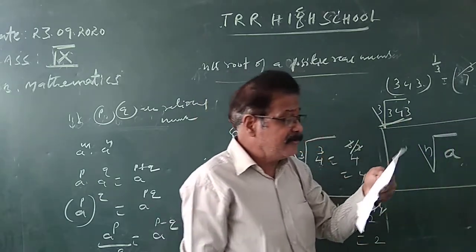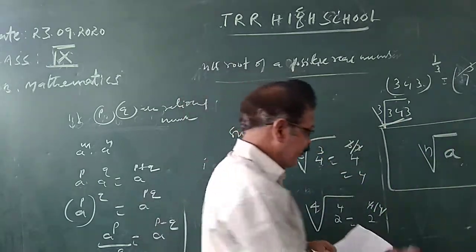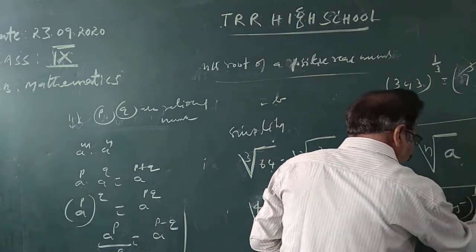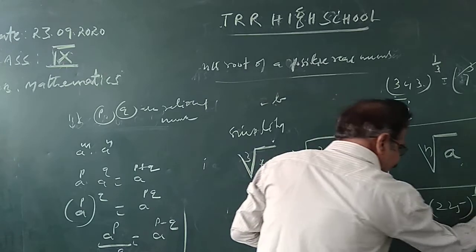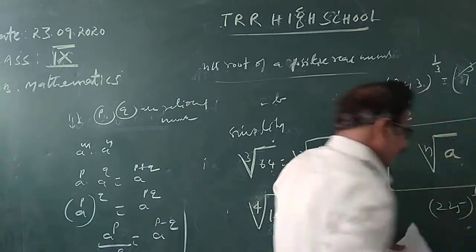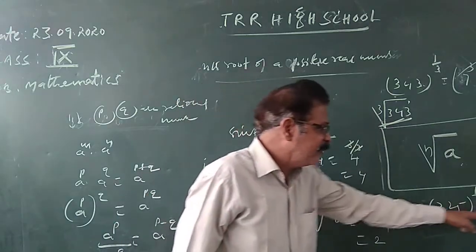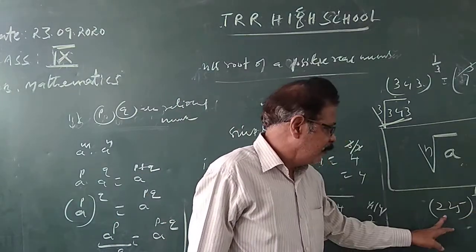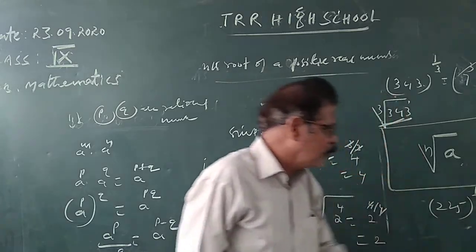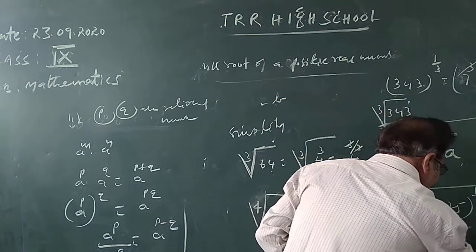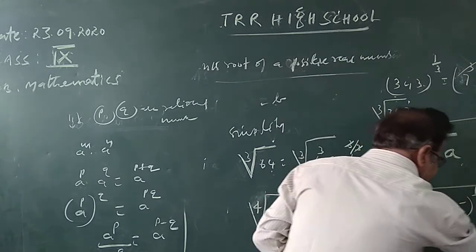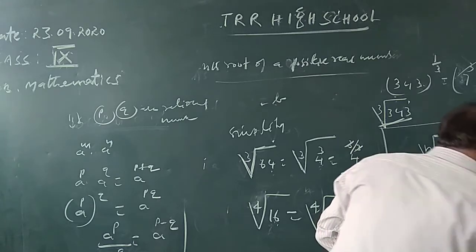This is exponential form. For example, 225 to the power of 1 by 2 is the square root. This is exponential form, this is radical form. The square root of 225 can be written as 225 to the power of 1 by 2. How can you simplify this? The square root of 225 can be written as 15 squared. This cancels, and that equals 15.